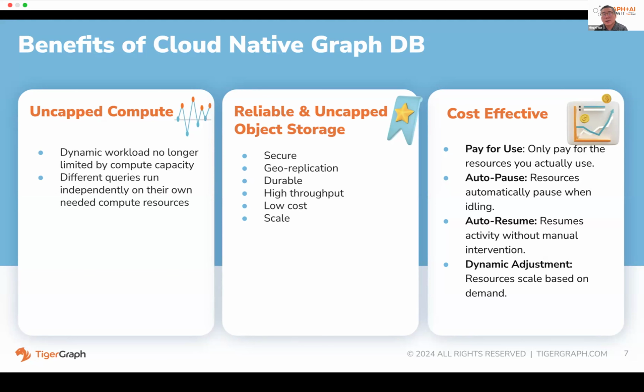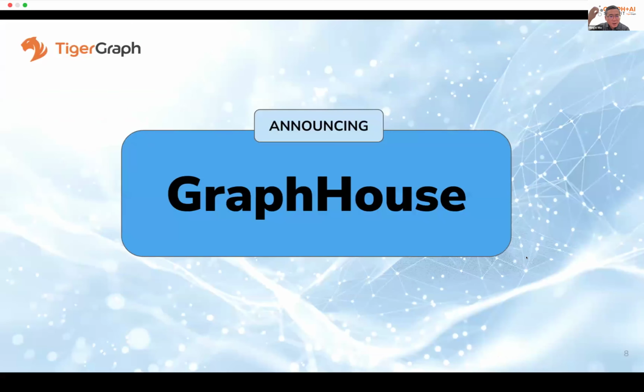So people say that the cloud architecture is really becoming the utility of your daily life, and your data is your assets, and you use the cloud resource to generate value from your assets. And with the motivation of the GraphHouse lakehouse and the motivation of a cloud native architecture for graph, I'm going to announce the GraphHouse product, the latest release from TigerGraph, and it's designed for your data lake, and it's using the